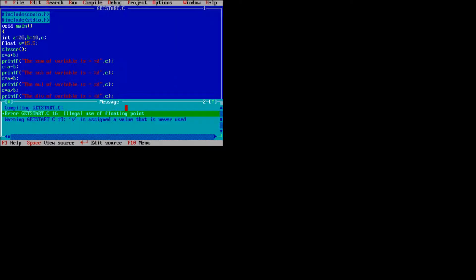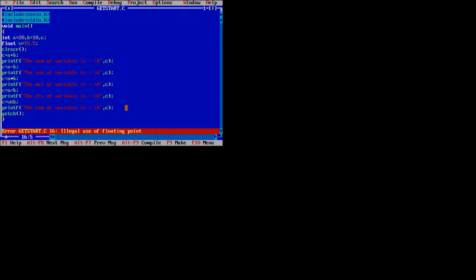Yeah, that is the one error, illegal use of floating point, because the remainder operator does not take a floating point value.